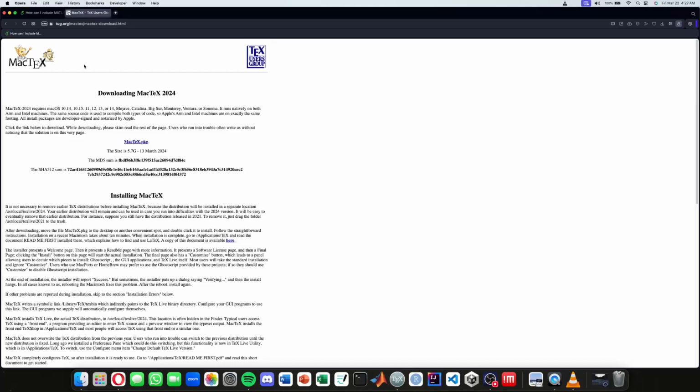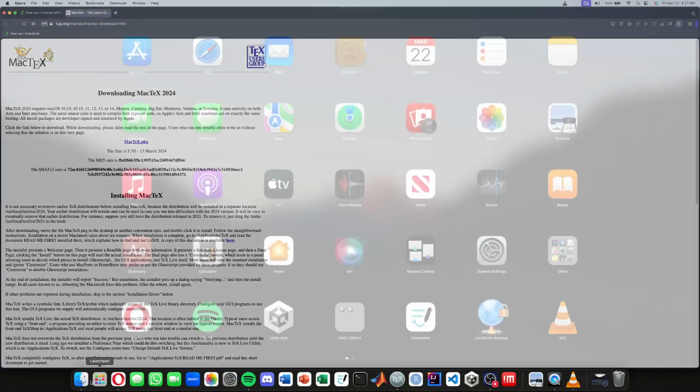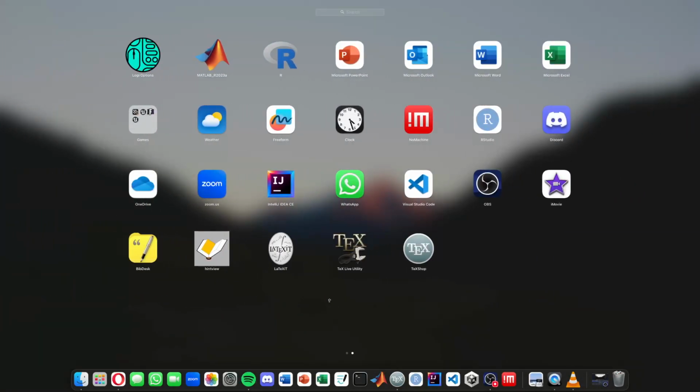After you install it, you literally have to do nothing except find the next application, which is, I forget what it's called. It's called TeXShop. All of these will come with MacTeX when you download it: the LaTeX kit, TeX Live Utility, and then TeXShop. This is what I actually use to write my LaTeX code in. So if we open this up,